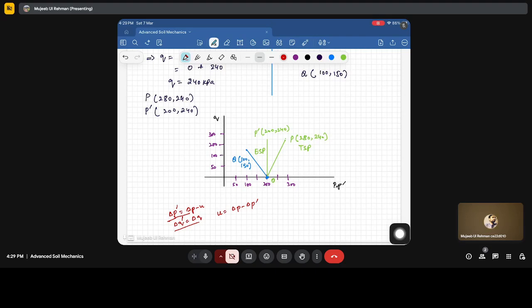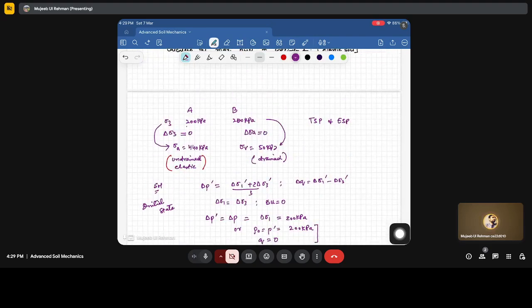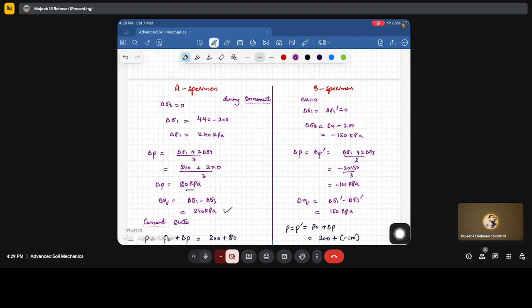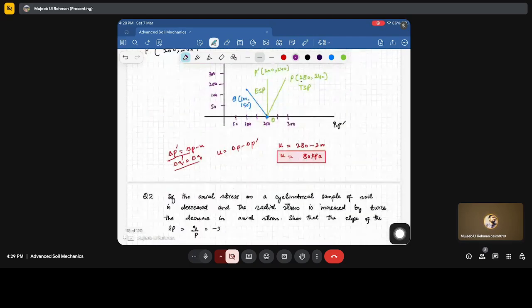So delta P is 280. U is equivalent to 280 minus 200, which is 80 kPa. So the maximum pore water pressure is 80 kPa. This is the solution. We first identified the initial state, then the increment, during the increment what are the P and Q, then the current state, and then we plotted on the total stress and on the PQ plot. Now